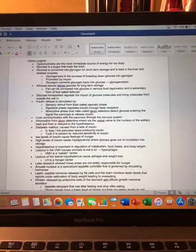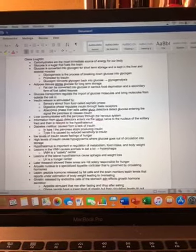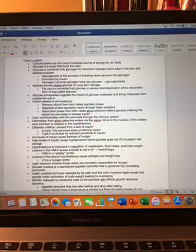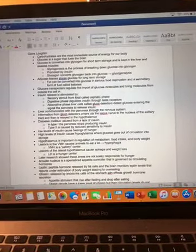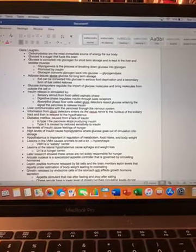Carbohydrates are the most immediate source of energy for our body, and they come from food like bread. Glucose is a sugar that fuels the brain and is converted into glycogen for short-term storage, where it's kept in the liver and skeletal muscles. The process of converting glucose into glycogen is called glycogenesis, which is promoted by insulin that's